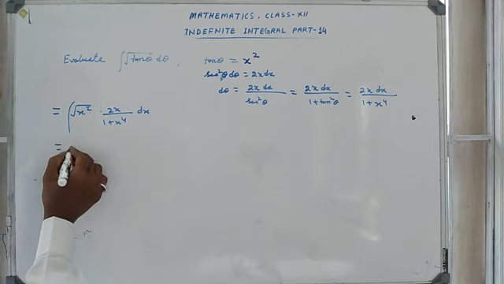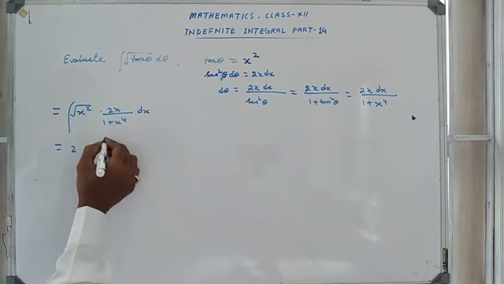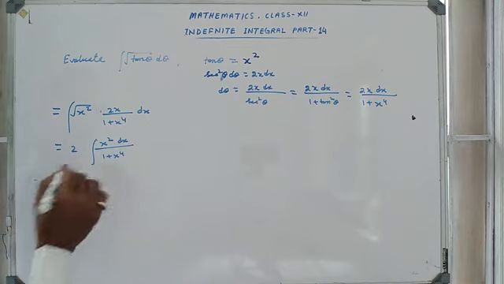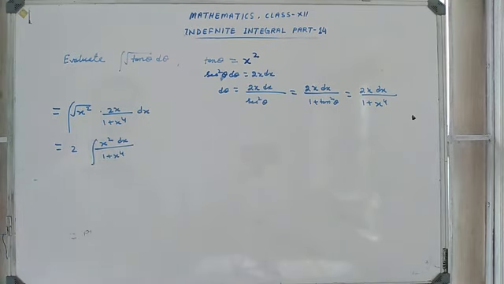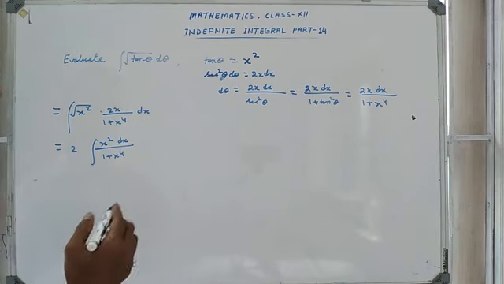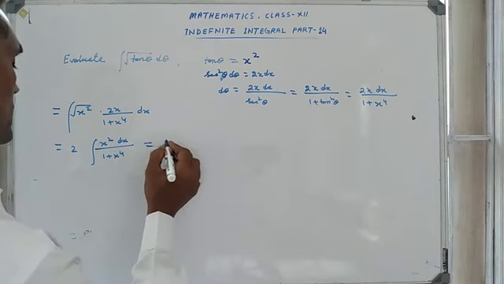If you simplify this, you will get 2x and x square dx by 1 plus x^4. Now we have come to that previous form. So after that we can solve this question by dividing numerator and denominator by x square. So if you divide this, you will get